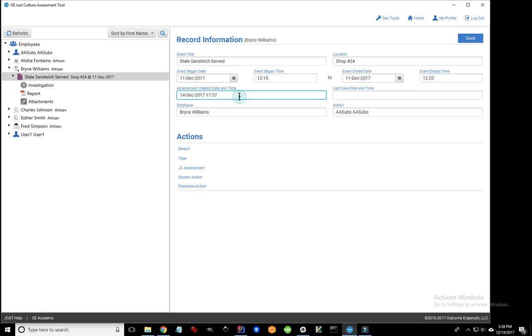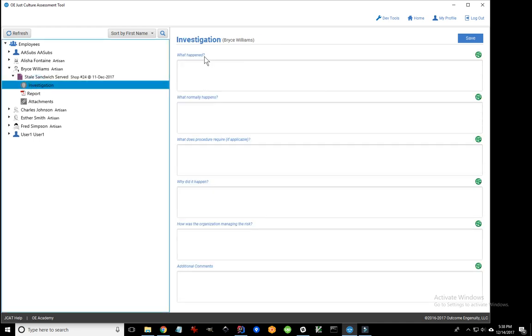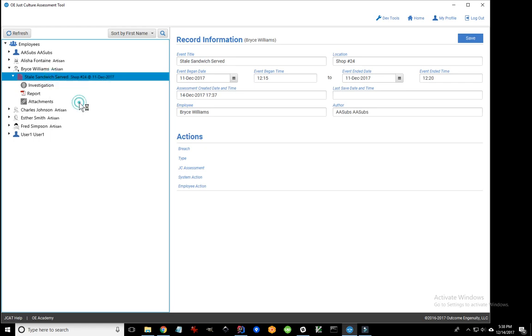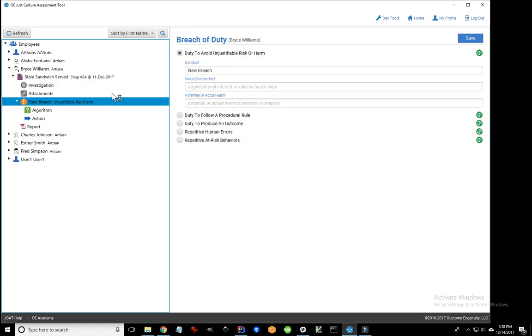So that gives us some basic information to get going, but what we really want to delve into is more details on the algorithm itself. So for today, I'm going to skip over the investigation, which is more descriptive information, and I'm going to just start by adding a breach,